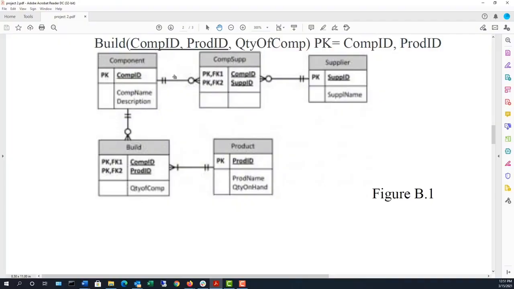So these foreign keys are primary keys in a different table. And we are actually able to bring in the supplier name because of the supplier ID. And from here, we are also able to bring in component name and description based on that relationship there. So we can see there how